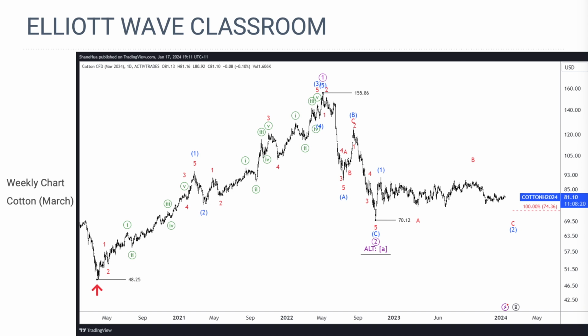And as instructed in the previous video about the Elliott Wave classroom about gold on January 13 to 14, 2024, I instructed you how to find the starting point of the wave counting. I started looking for a 5 waves pattern because the motive wave's ultimate target was to make progress in the market. Let's see cotton since 48.25,